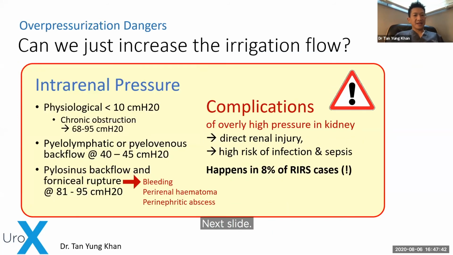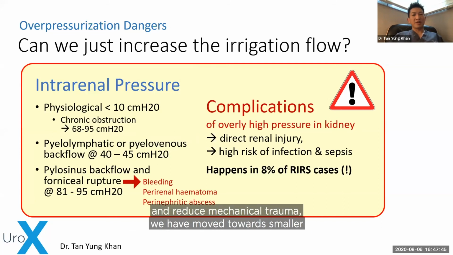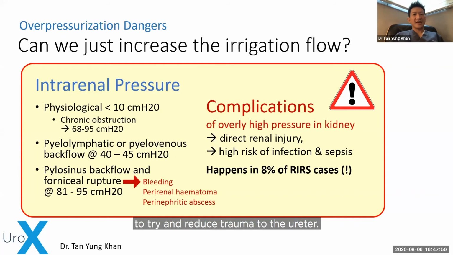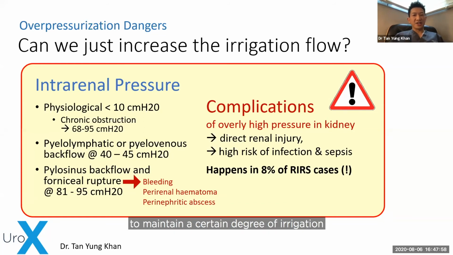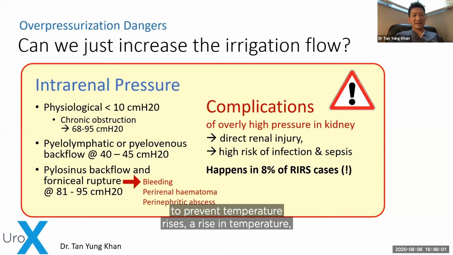Next slide. So the second issue, of course, is as we try and reduce mechanical trauma, we have moved towards smaller and smaller access sheath sizes to try and reduce trauma to the ureter. Unfortunately, when you do that and you're trying to maintain a certain degree of irrigation to prevent a rise in temperature, you lead to increasing pressures within the kidney. So the usual physiological pressure of kidney is around 10 cm water. With chronic obstruction, we get to 60 to 80. When we get to 40 to 45 cm water, we start